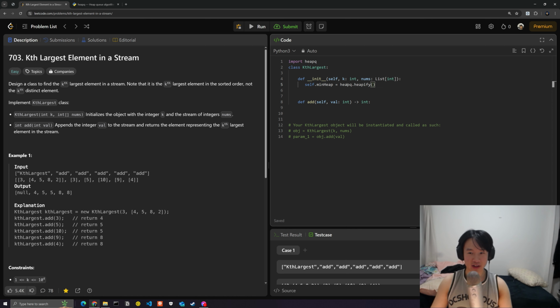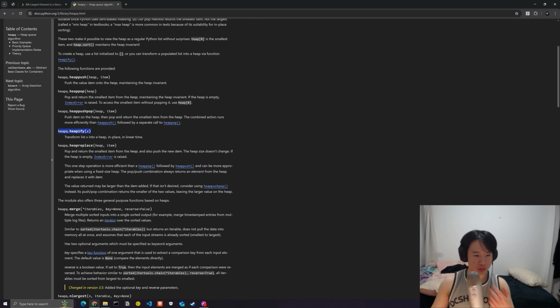We want to heapify, like it says, the nums array. But while we do this, we only want to keep the third largest ones. So actually, while we initialize this, instead of doing it like this, we can have a heap, right? Self.min heap is going to be equal to this, and then that's how you would instantiate it,